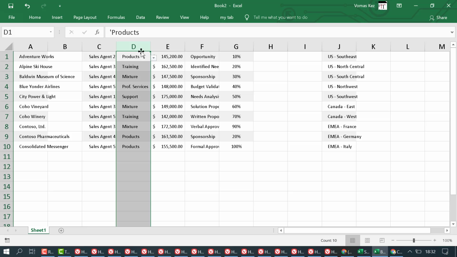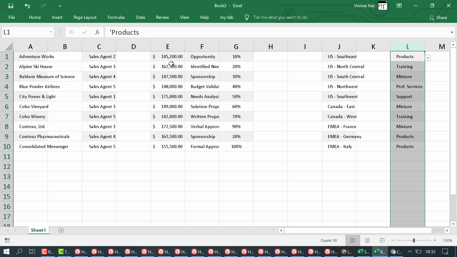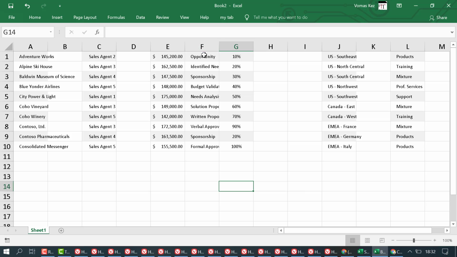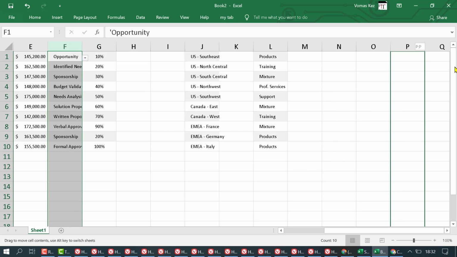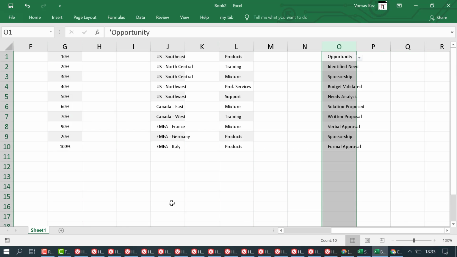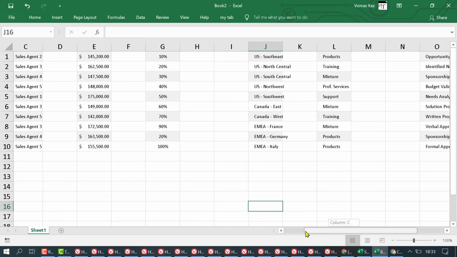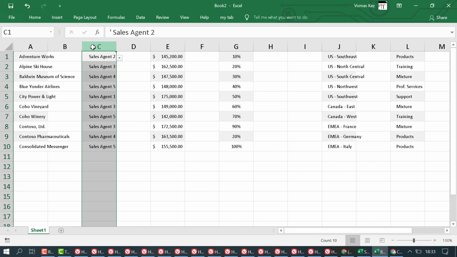Similarly, so it's an easy and quick method to move column data in Excel. Firstly select that column, and when you see your cursor on this side, select it, pick it and drag and drop